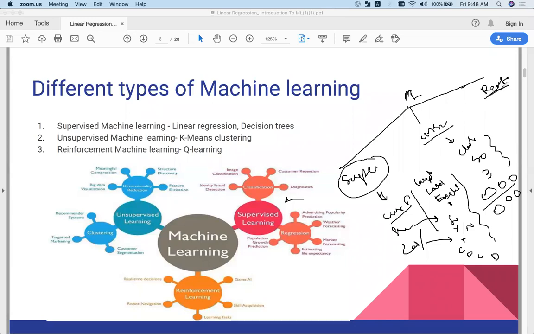So can anyone tell me what is reinforcement machine learning? Refeeding your algorithm with weights. Refeeding your algorithm with weightage. A difference or delta will be there. Okay, I think you are almost there. Any examples? Self-driving, which will give values to your actions. Self-driving car is an example.